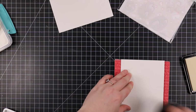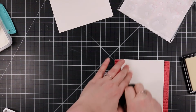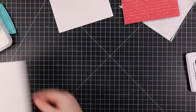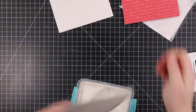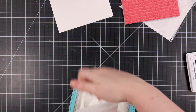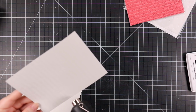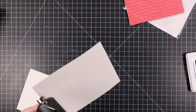Wasn't worried about perfection. Like I always say, perfection's overrated. Funny thing is though, when I don't really care because it just didn't need to be, because I'm going to do mixed media, I get a perfect stamped impression. So it's true. If you don't sweat it too much and you just go with the flow more often than not, things turn out, or you just work with it. So I coated the stamped lettering with clear embossing powder,